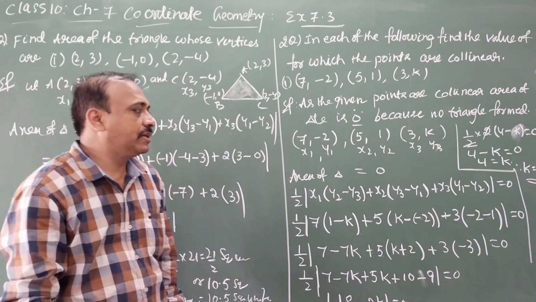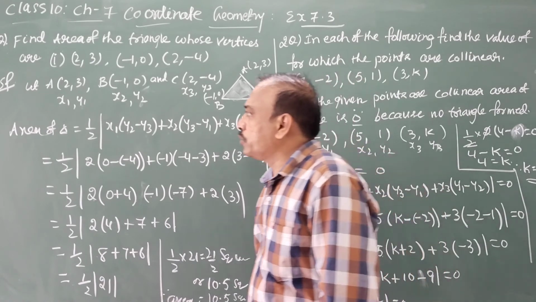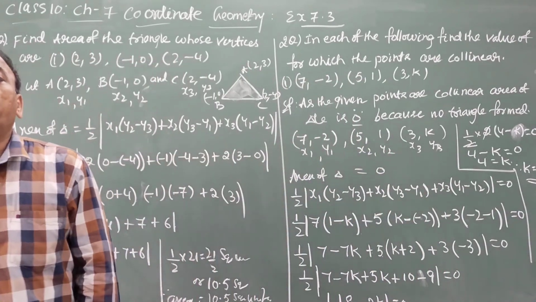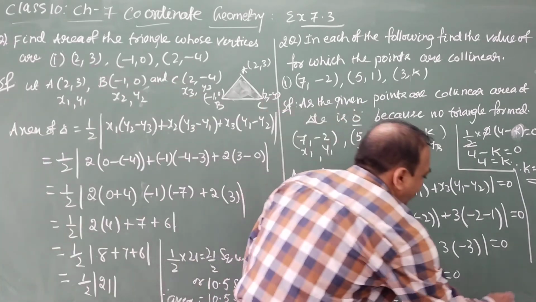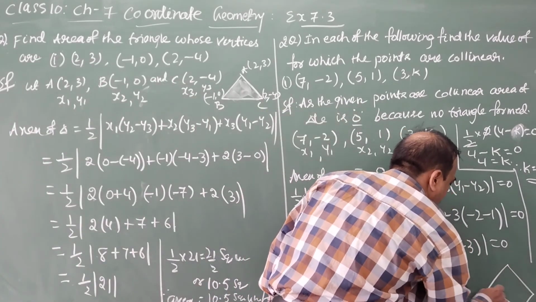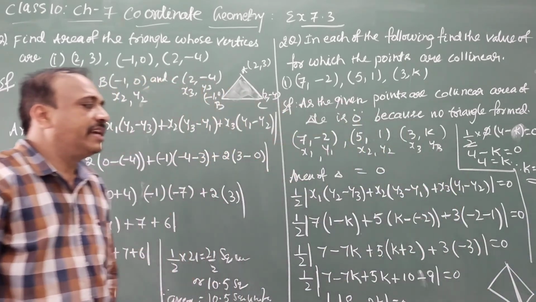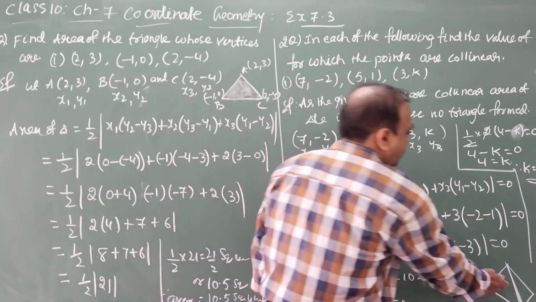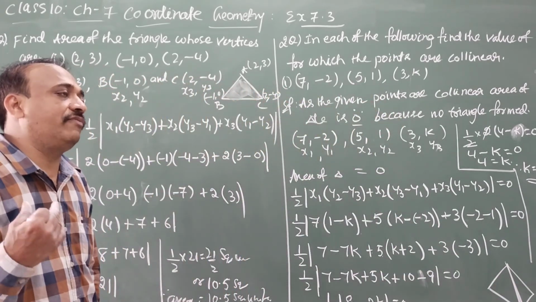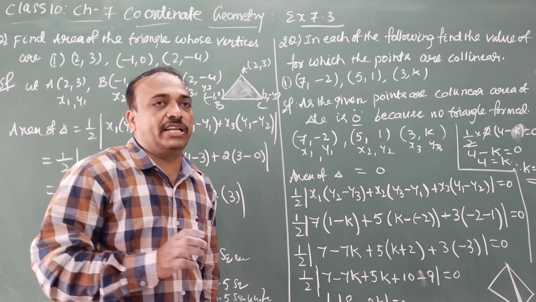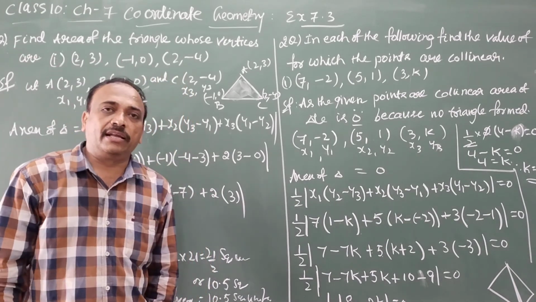So like this, we apply the concept. This concept can even be used to find the area of quadrilaterals. How do we find the area of a quadrilateral? If we have a quadrilateral like this, we split it into two triangles by joining opposite vertices. The area of this triangle plus the area of this triangle will give you the area of the quadrilateral. So the area of a triangle formula using coordinates can even be extended to find the area of a quadrilateral.